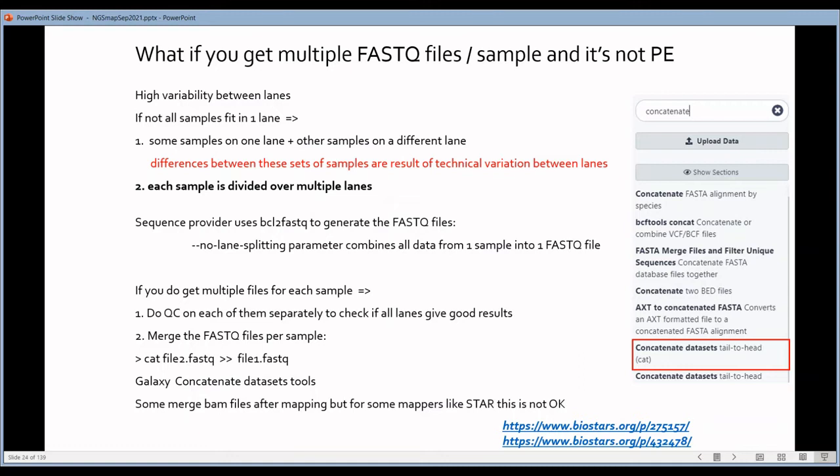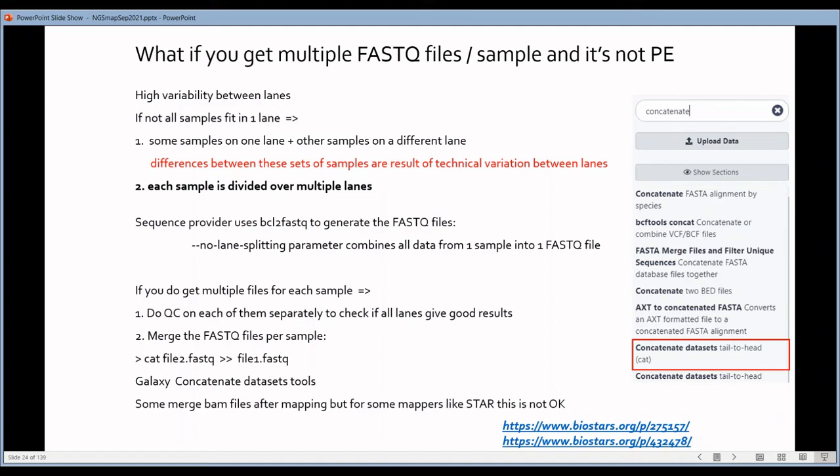Well, a good idea is to do your quality control, so the FastQC analysis, on these files separately, because different lanes behave differently. One might be overloaded while the other one was not, for instance. So there might be issues in one lane that are not present in the other. So it makes sense to look at the files separately when you want to evaluate the quality of the reads. However, before you do the mapping, you have to combine these files again, because some mappers can really not handle that. They want to have all the reads for one sample in one file.